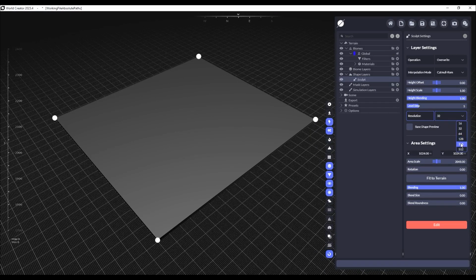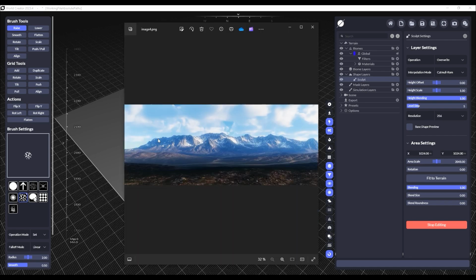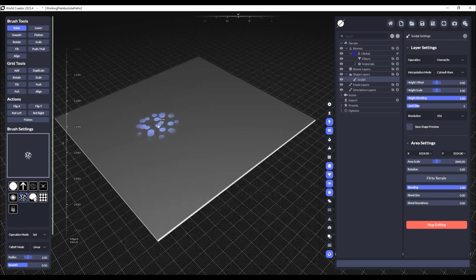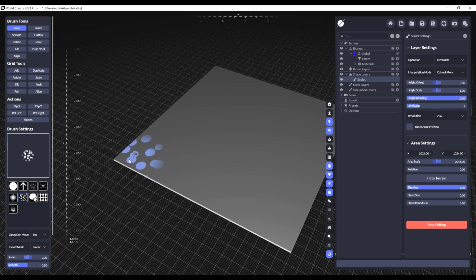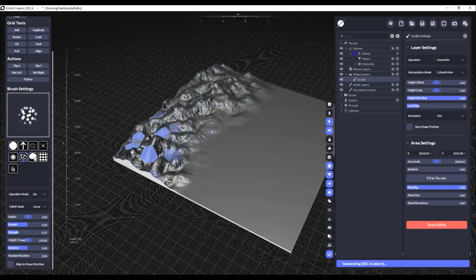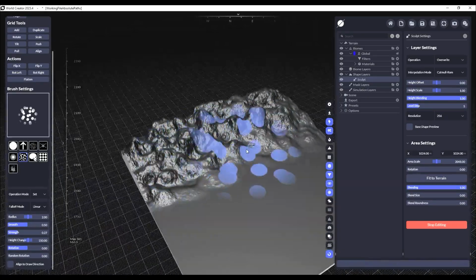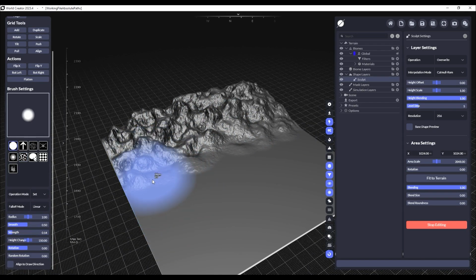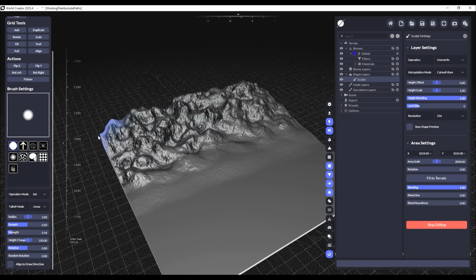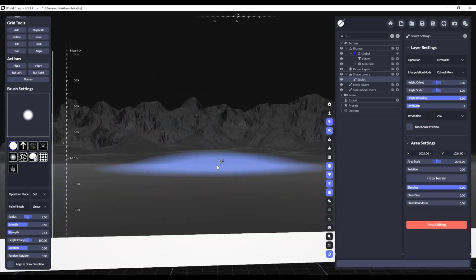For the sculpting I use 256 resolution. In this one I will use the brush with the dots on it, so we can recreate these mountain peaks. Just painting on the edge of the map with a reduced strength. And with the basic brush I'm gonna increase the mountains, just give it some transition from the foreground to the